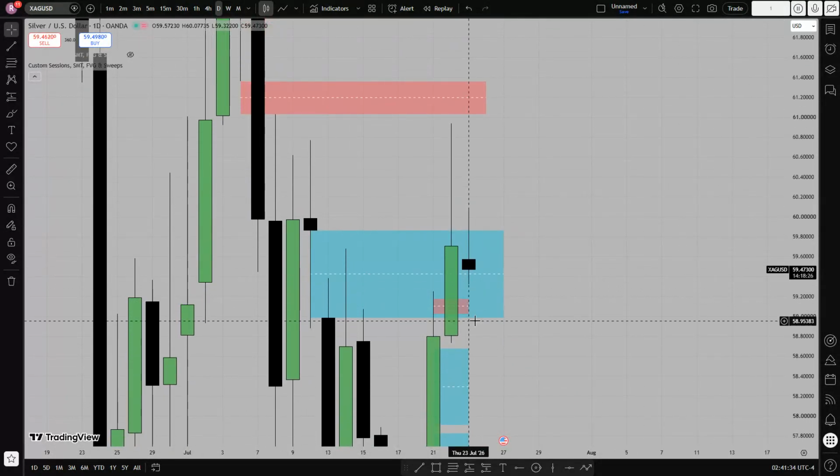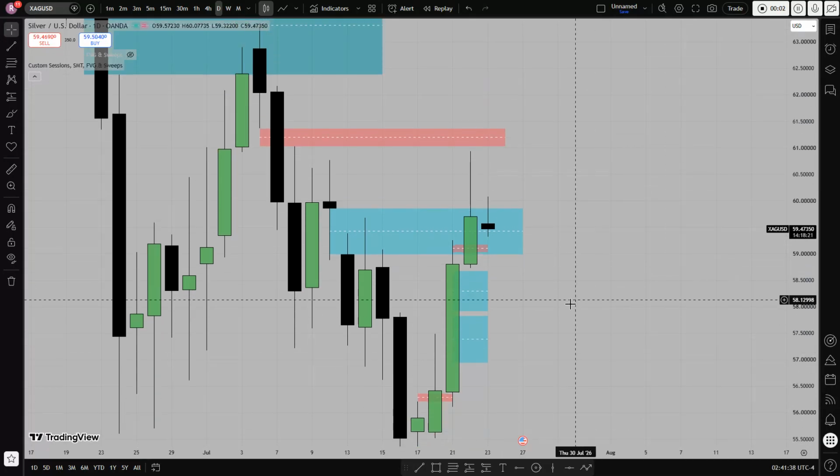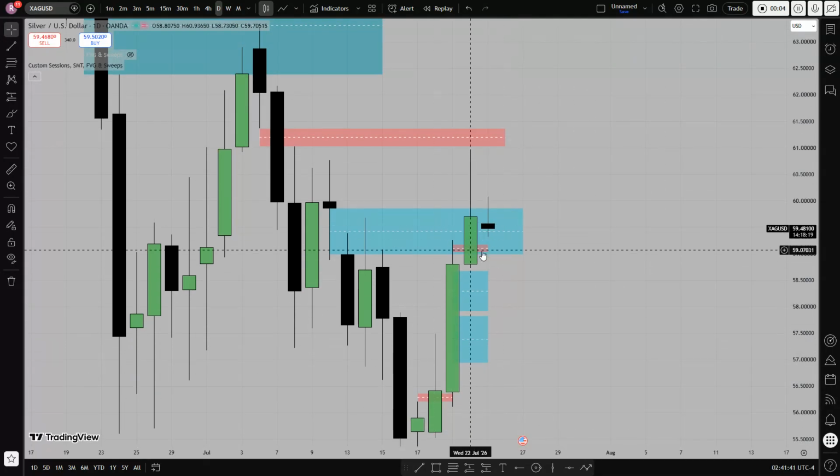Hello guys, we are starting the daily analysis here on silver chart, the daily time frame. Today it will be a very quick one. So let's start. The daily time frame here, we are looking kind of bullish, but there is a slight possibility that